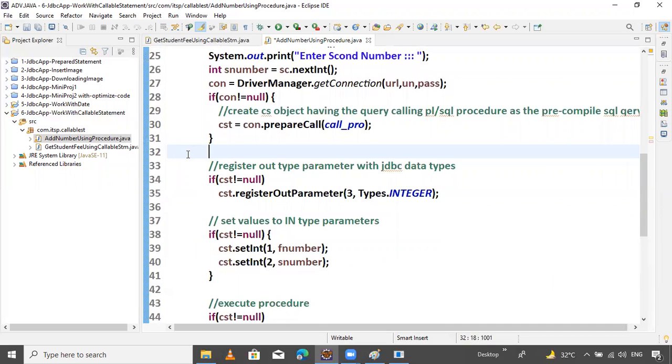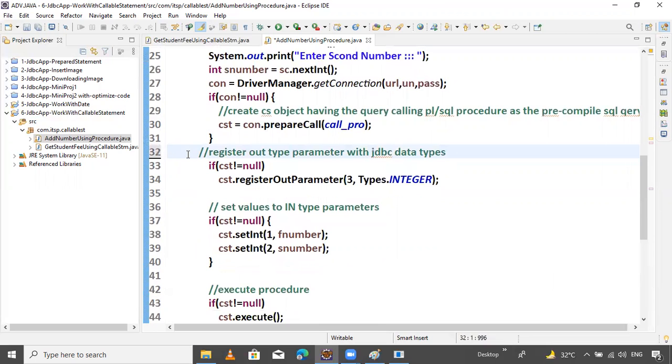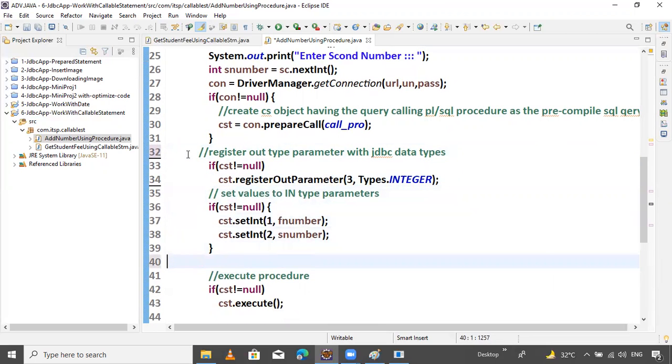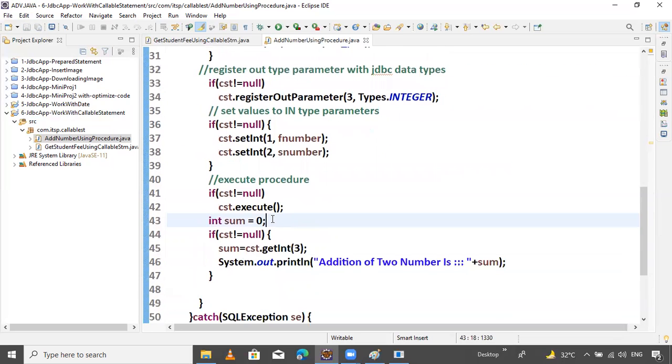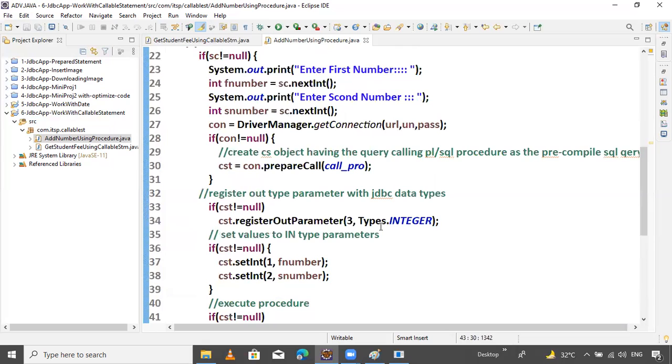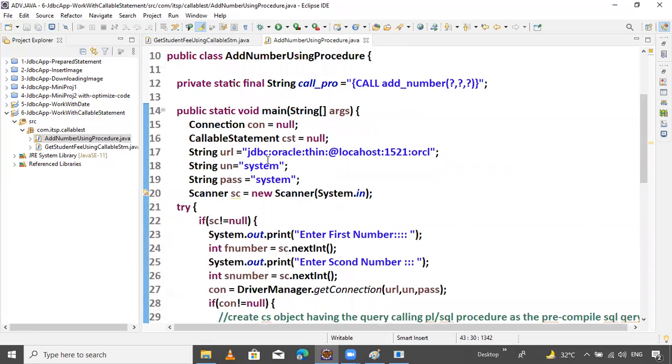Okay. Execute procedure. This is the variable holding the record. If you declare here, it's okay. If you don't want to declare here, just declare it beside this variable.